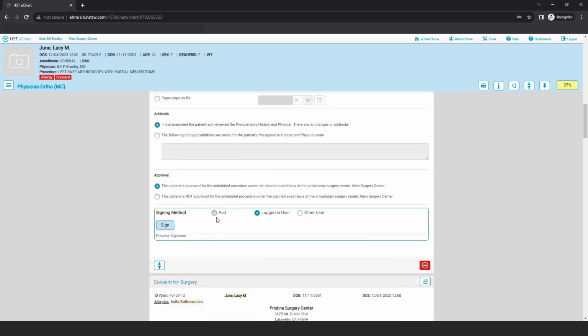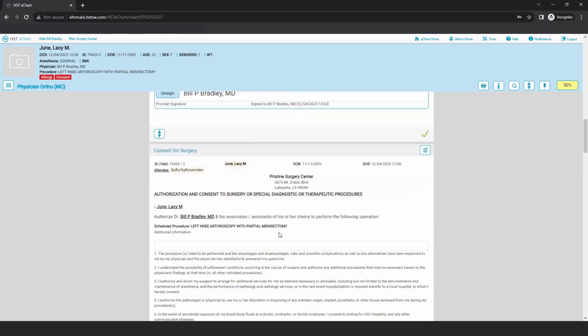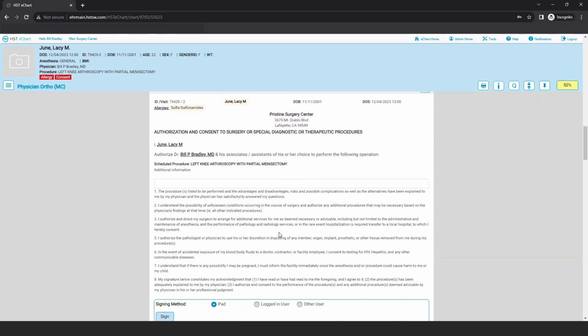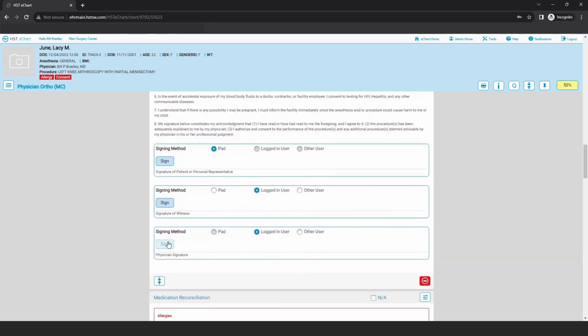But this is completed for us, so the physician is just going to have to tap and sign after he examines his patient. And then you're going to see the surgical consent. The system is designed to fill out a lot of this information automatically. In this case, it will leave you a blank for any additional information, and the physician only has to tap